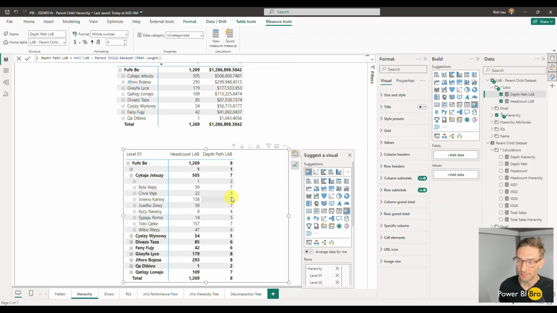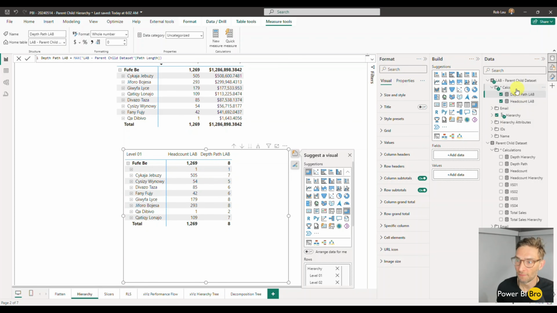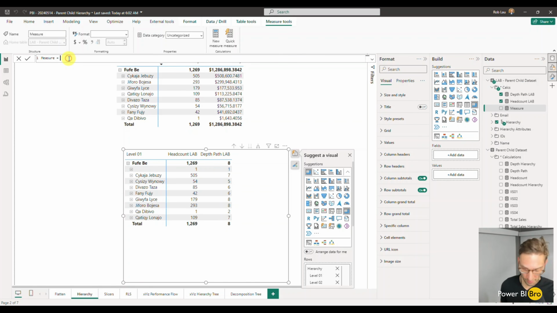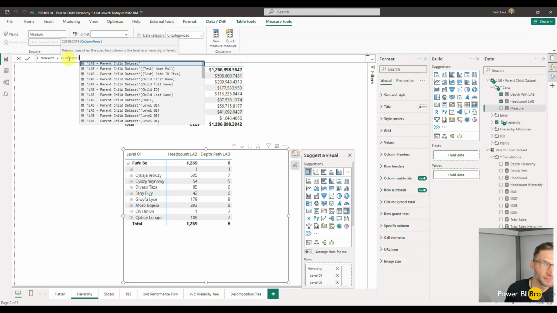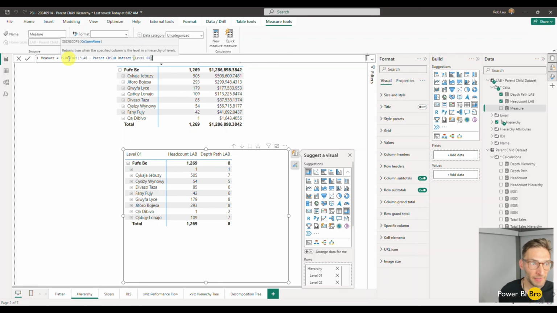But then secondly, there's this ISINSCOPE function concept. This one is just important to understand, then we'll add them together and show you how to do it. So let's talk about ISINSCOPE. We're going to make a new calculation here and just test it out, and I'll talk through what it's doing. The next thing is to put ISINSCOPE, and what this does is it just says if it's at a certain level in the hierarchy. Because we're using levels, like level 2, for example, these things make up the level. So I'll go ISINSCOPE, level 2,